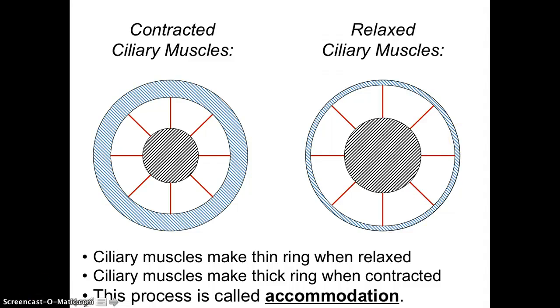So ciliary muscles make a thin ring when they're relaxed, and then when you flex your muscles, the muscle gets thicker, just like when you flex your arm, your bicep. And as a result, we loosen the tension in these little strings, these fibers, and it allows this thing to kind of relax and kind of squish up a little bit. So that process is called accommodation, and this flexing and relaxing is what allows the eye